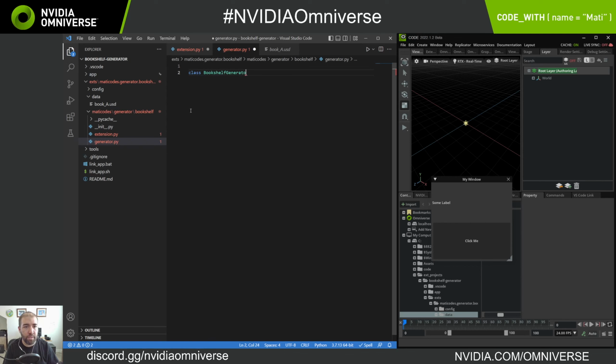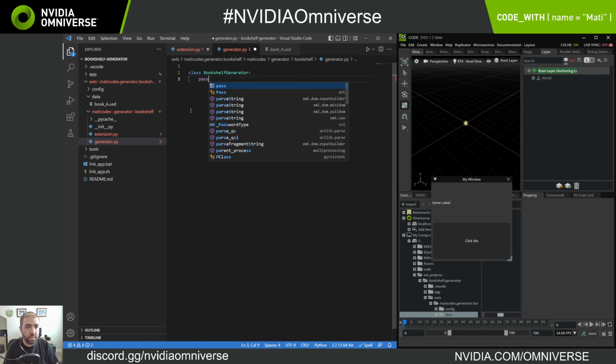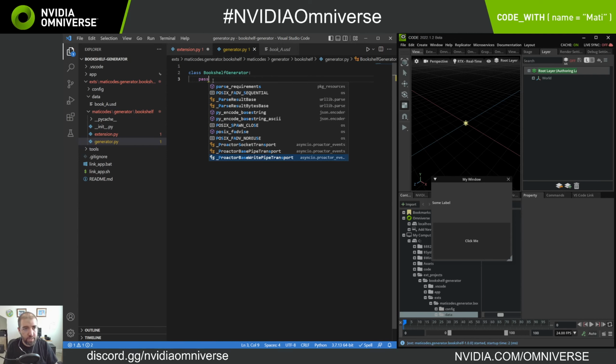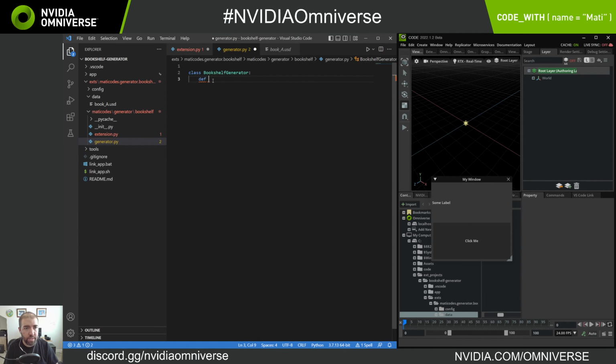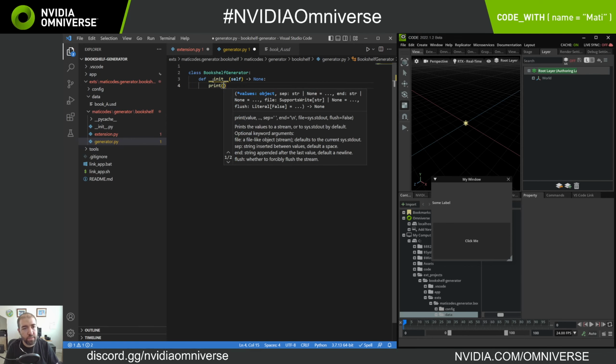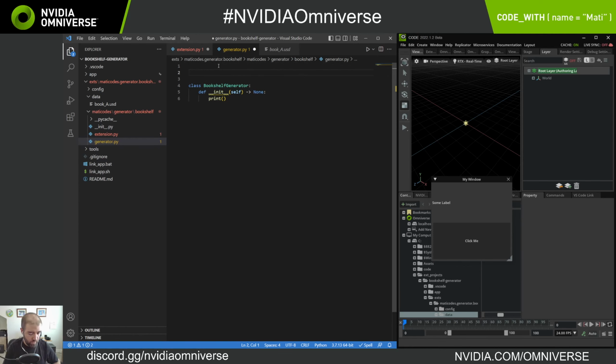Bookshelf generator. And that's fine for now. Actually, let's put some code in the init function. In here, I will print. And the way that I can get access to that book USDA, or that book A USD, is by doing